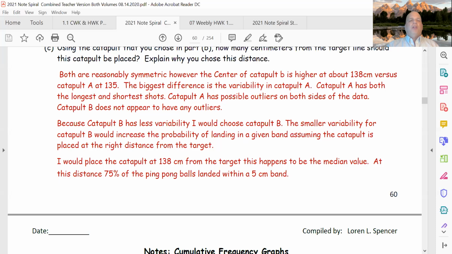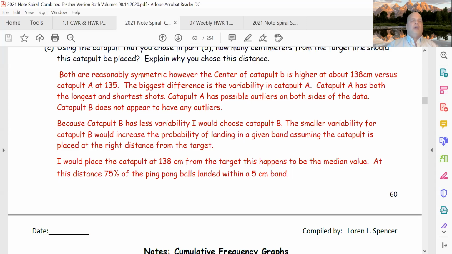Catapult A has both the longest and shortest shots, so it has the greatest range. Catapult A has possible outliers on both sides of the data. Catapult B does not appear to have any outliers. So we talked about the spread, we talked about the center, we talked about the shape, and we talked about unusual features. So we basically fully discussed that, and that's what they asked us to do when it's a